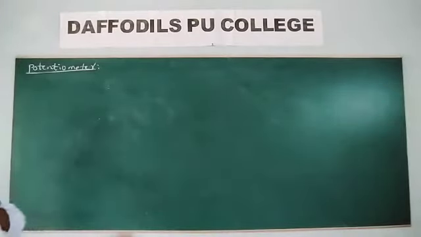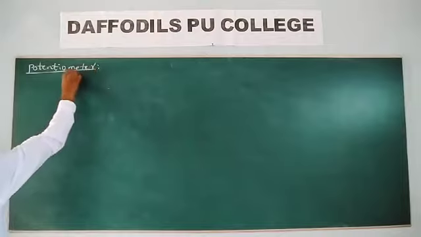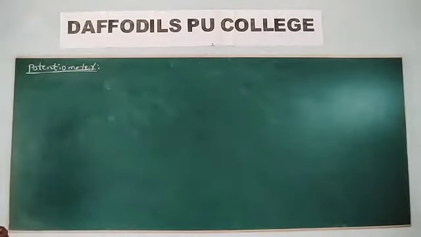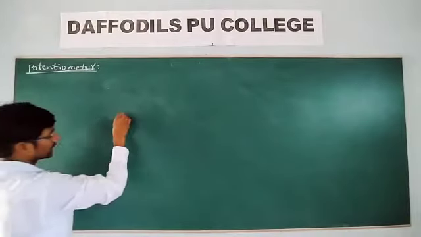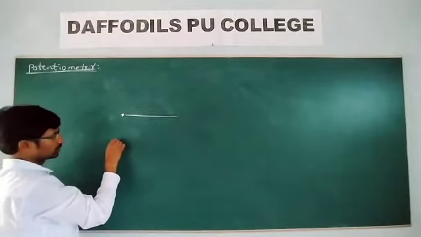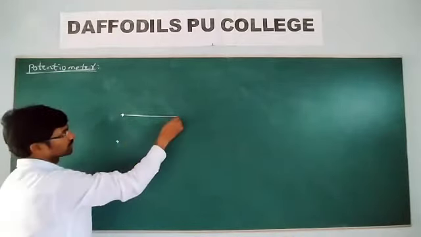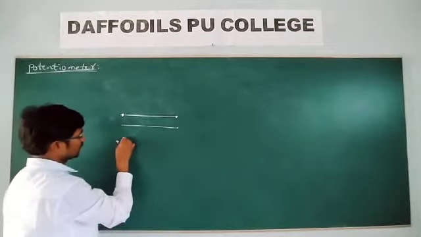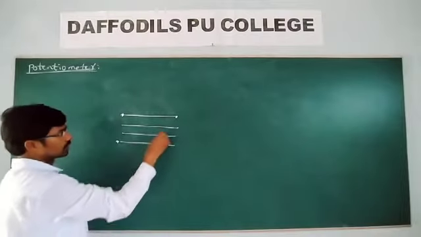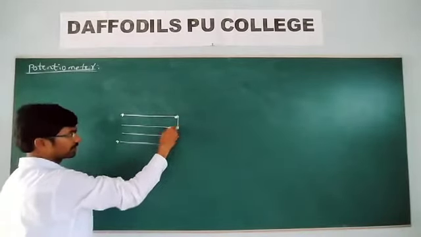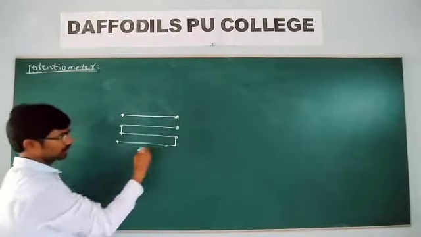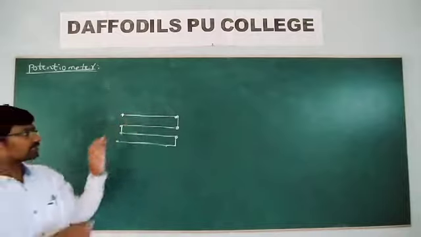Now, what is this device? A potentiometer is a device which is based on the potential gradient. A wire is taken between two points and fixed in different parts, as vertical wires. Here they are joined by metal strips, and here also we have a metal strip like this, and here also.